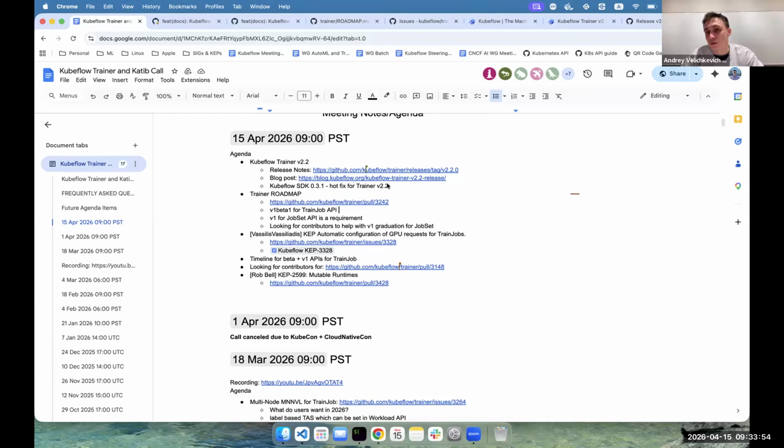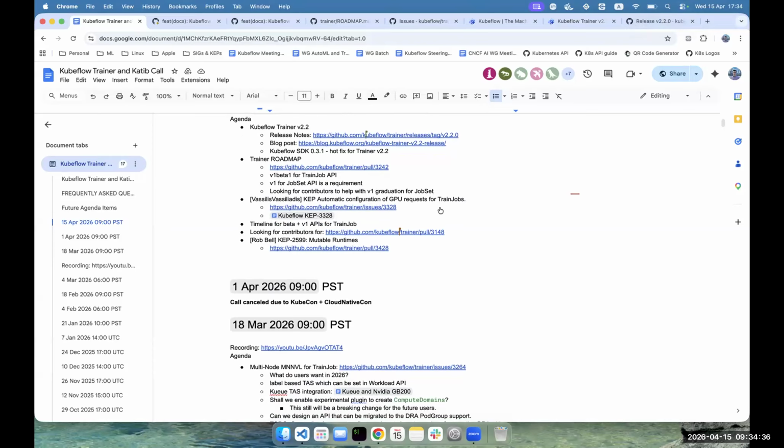Then I guess it's a good signal for us to get this information and drive the signal towards API graduation. Anyway, let's follow up on this. My hope is that this year we can do something. My hope is, as before, that we will fully deprecate PyTorch jobs, because we already support all the similar job types like XGBoost jobs, PyTorch jobs, MPI jobs, JAX jobs, right? So we need to have this migration story for users who've been using PyTorch jobs and TF jobs for the last 7 years, right?